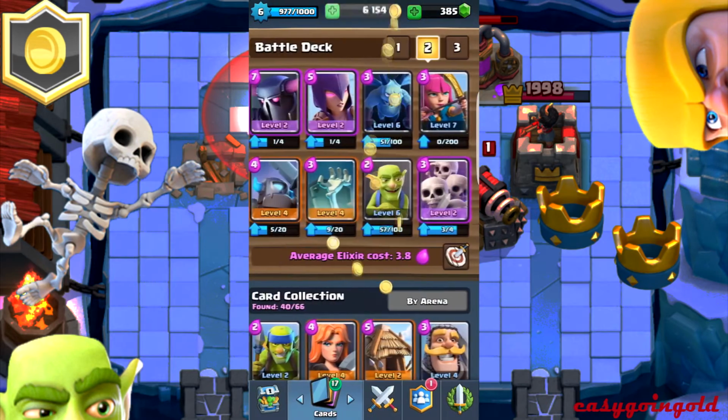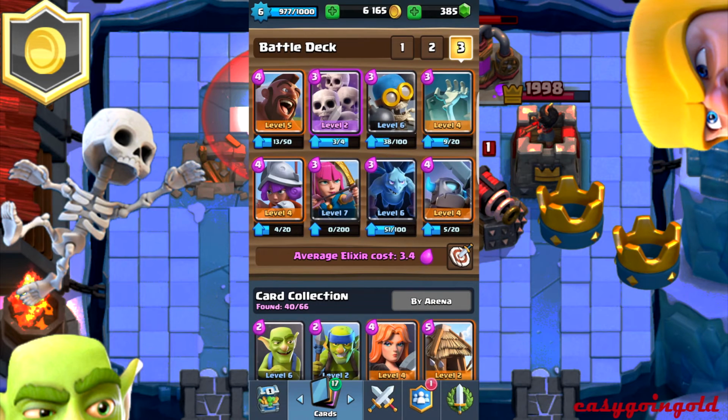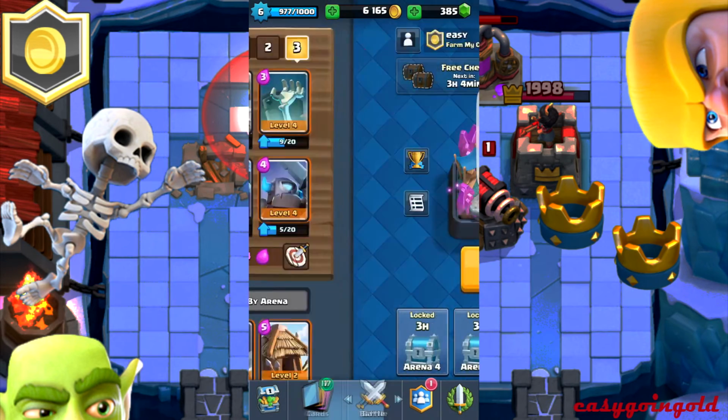Okay. Third deck I have for you guys is a very interesting one. It revolves around the Hog Rider. Now, you obviously have your Tombstone for defense, Bomber for just supporting and bombing and all that good stuff. You got a Mini Pekka, Musketeer. It's very standard cards. The only real card that you won't have until Arena 4 is going to be the